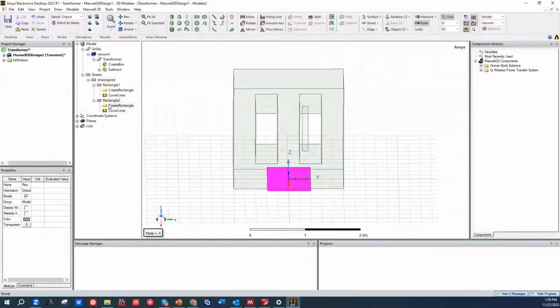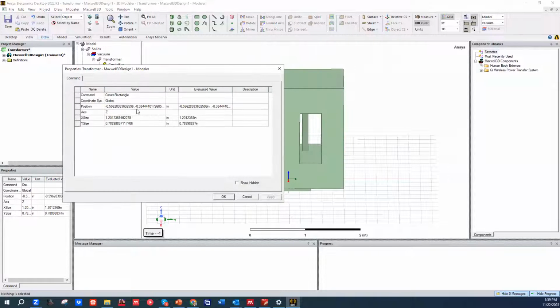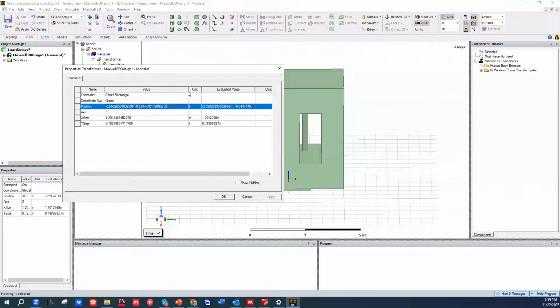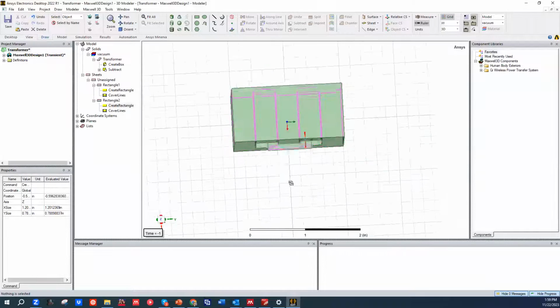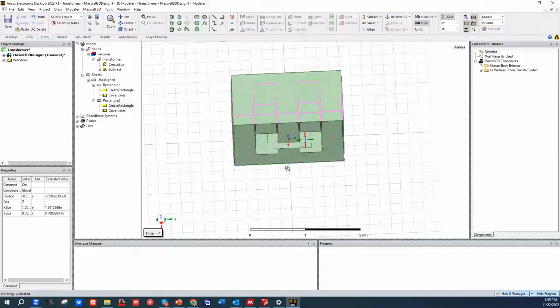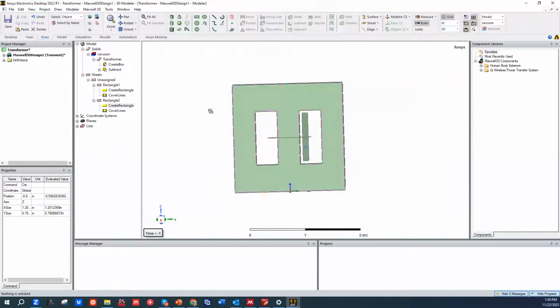Okay, and then change the position, the Z, in the vertical direction. So it's going to be half of the height of the transformer, so it's 1 inch. Okay, so this rectangle appears exactly in the center. All right, so now